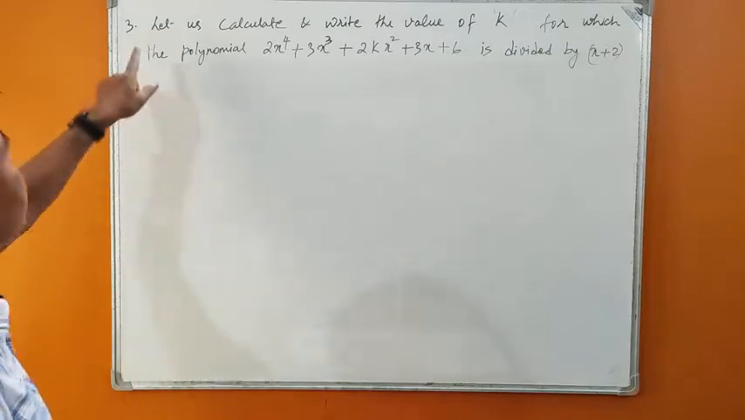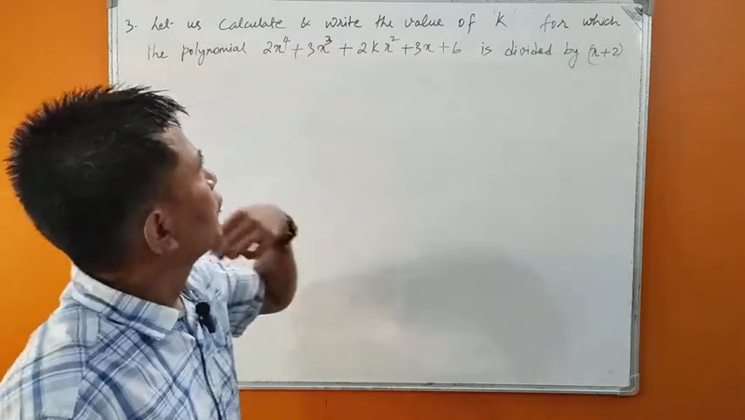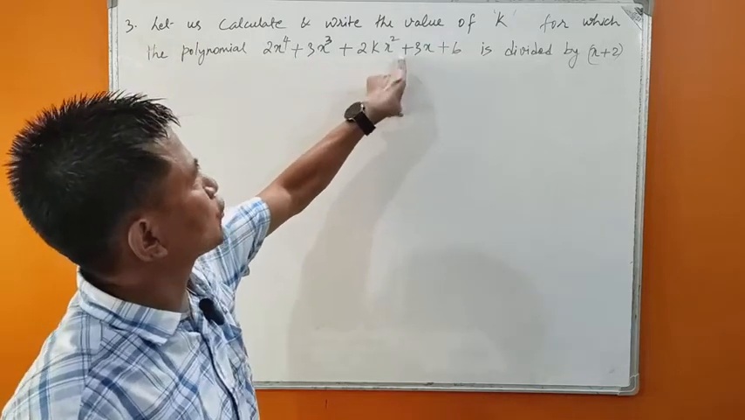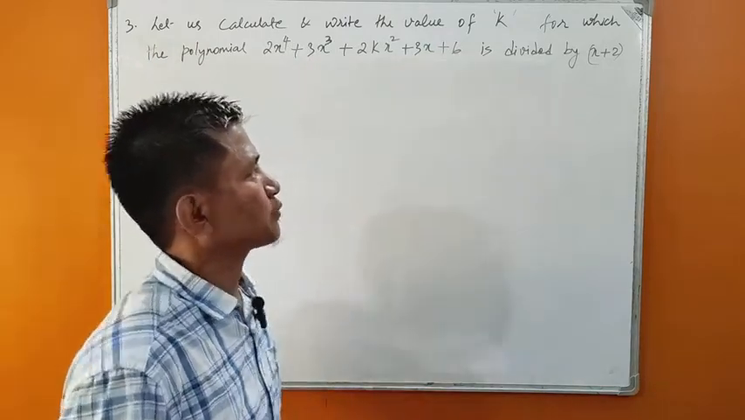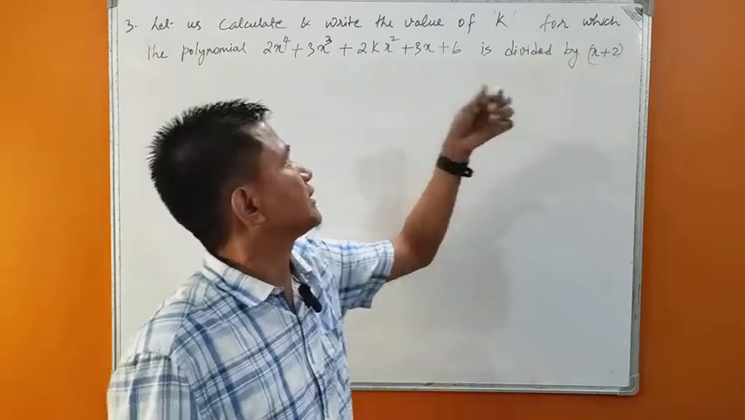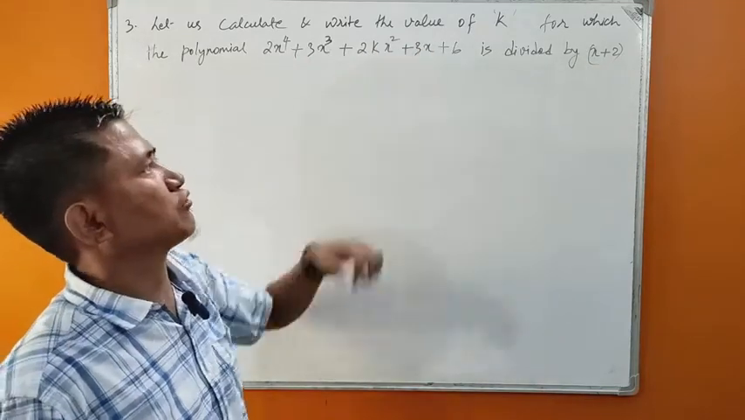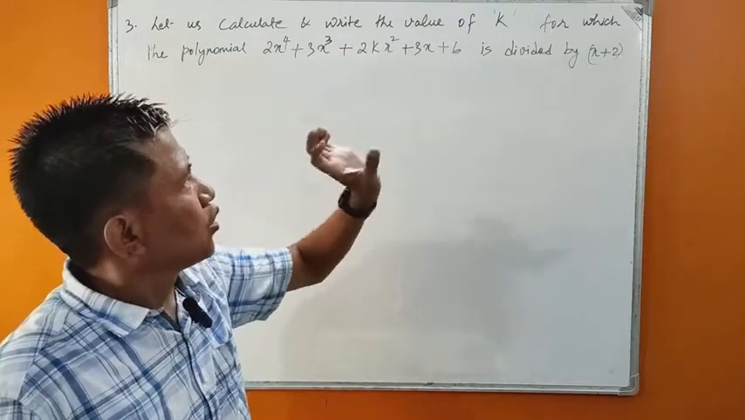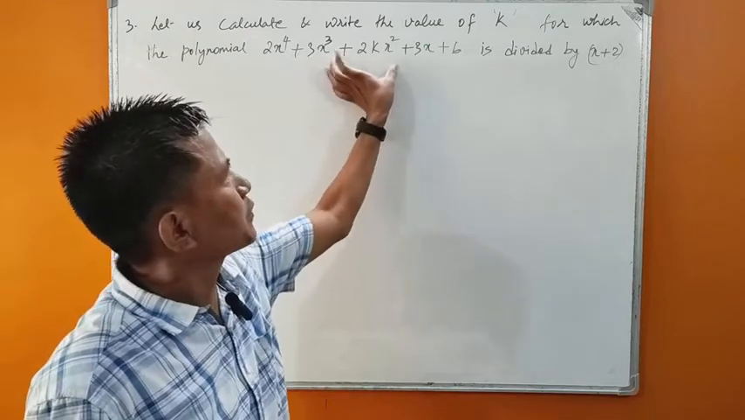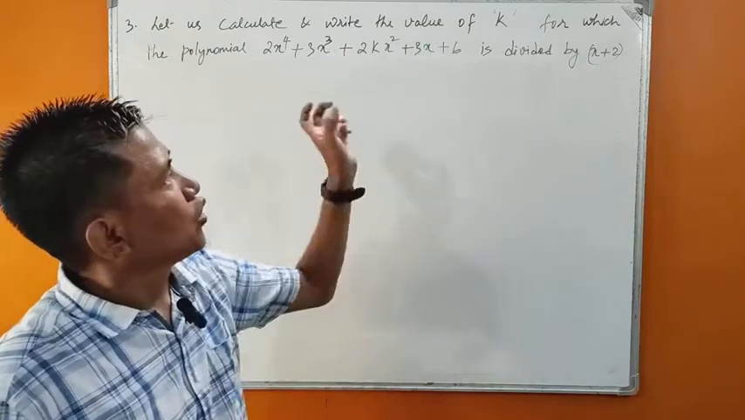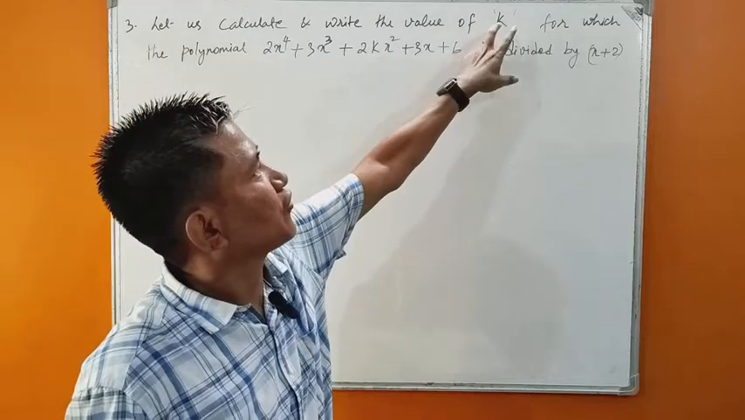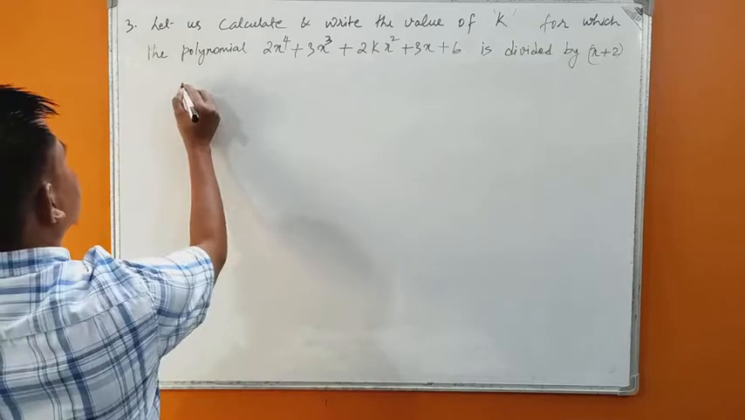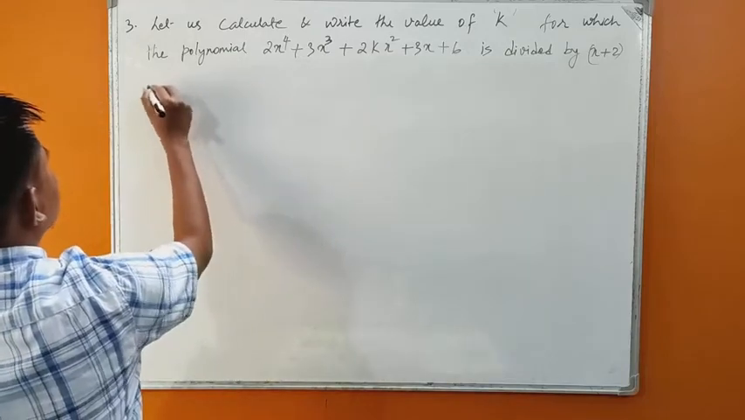Yes. Number 3, let us calculate and write the value of k for which the polynomial 2x to the power 4 plus 3x cubed plus 2kx square plus 3x plus 6 is divided by x plus 2. Okay, x plus 2 is a factor of this expression. It's already given to us. X plus 2 is a factor of this expression, and the question is asking, when this expression is divided by x plus 2, then what will be the value of k? Okay, we are asked to find the value of k. How to solve this? Solution: